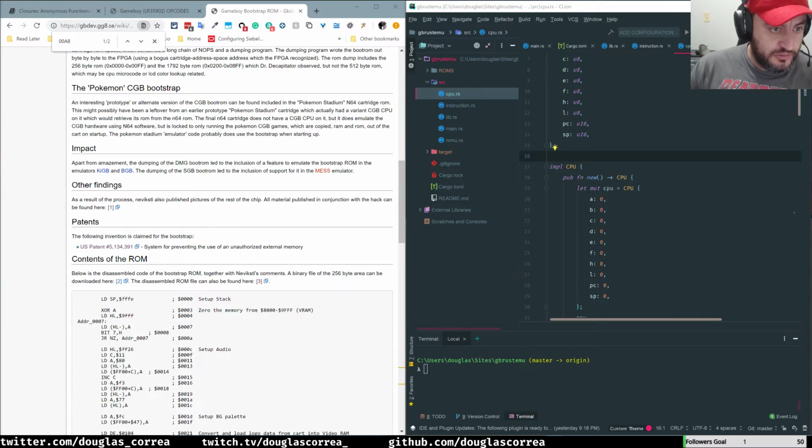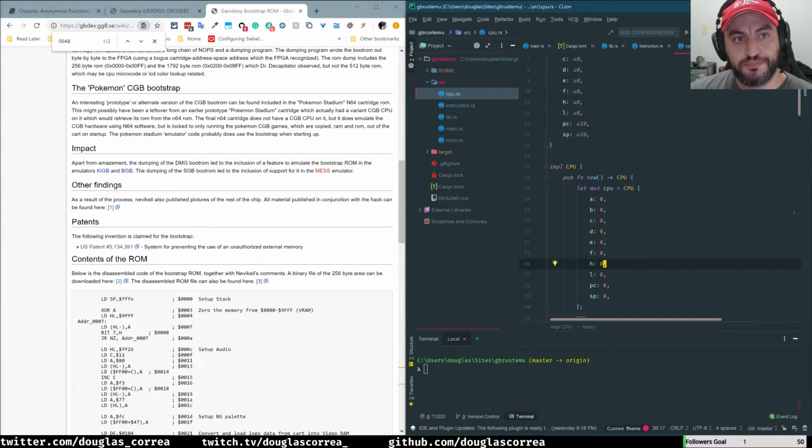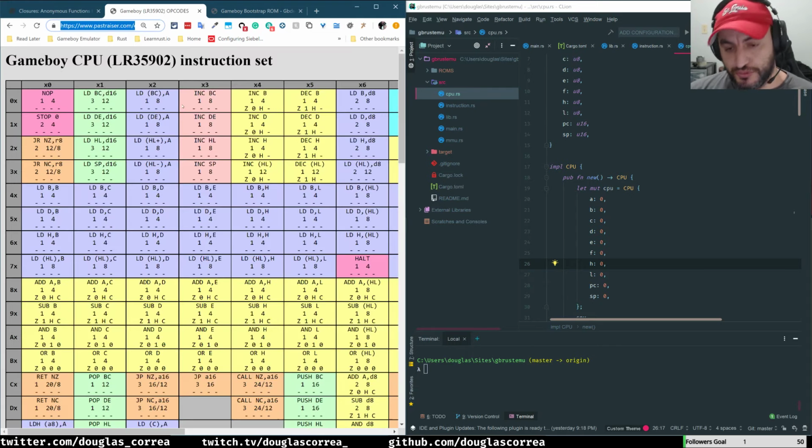Welcome to episode 4 of building an emulator, a Gameboy Emulator with Rust. Today we're gonna continue working on our opcodes,